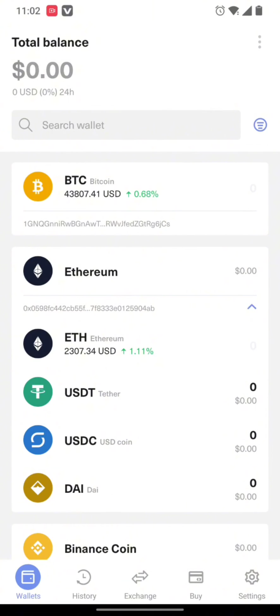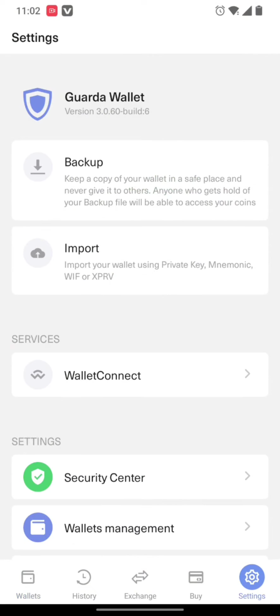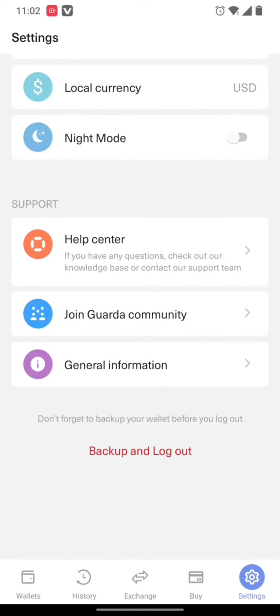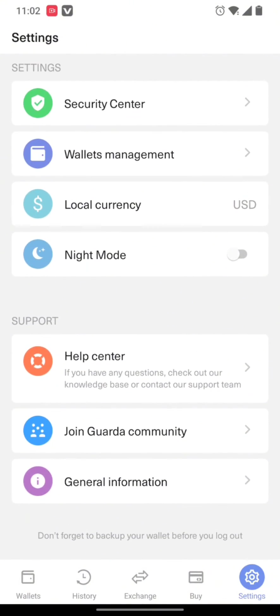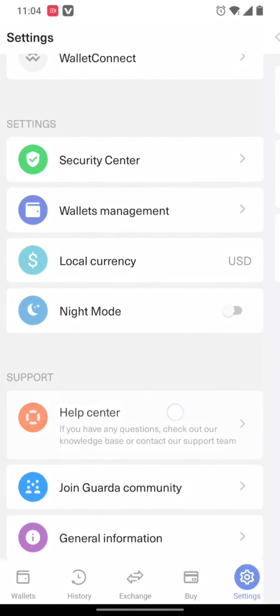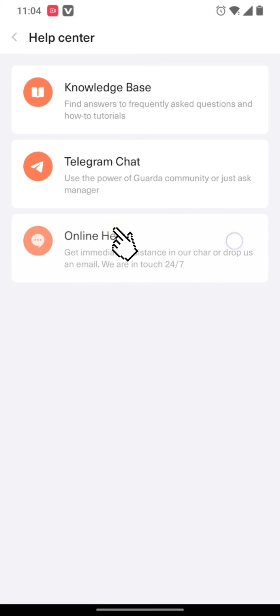Now all you need to do is simply tap on the settings option and then scroll through the drop down menus. Now in the menu you can find several other options where you need to select the help center option. Once you tap on it, you need to tap on the online help and then you will be redirected to this kind of page,